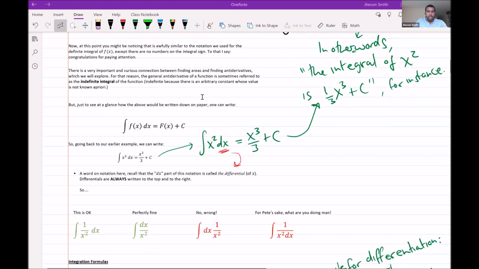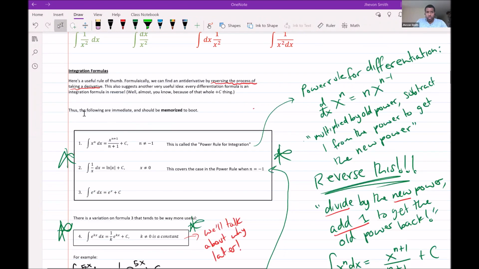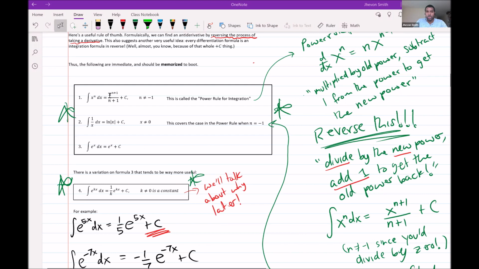And I made some notes about notation there. By reversing what we know about derivative rules, we could come up with some basic rules. So these are just some you know. This is the reverse of the power rule. So instead of multiplying by the old power and subtracting 1, we will divide by the new power and add 1. And of course, the antiderivative of 1 over x is ln of the absolute value of x. The absolute value is actually important there, because when you differentiate ln,